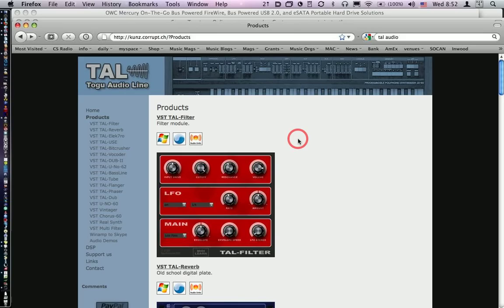Hello, this is a short tutorial on how to download audio plugins and get them working on your computer. I sent you the link to this particular site the other day. If you can't find that link, then do a search for TAL Audio and you will eventually end up here